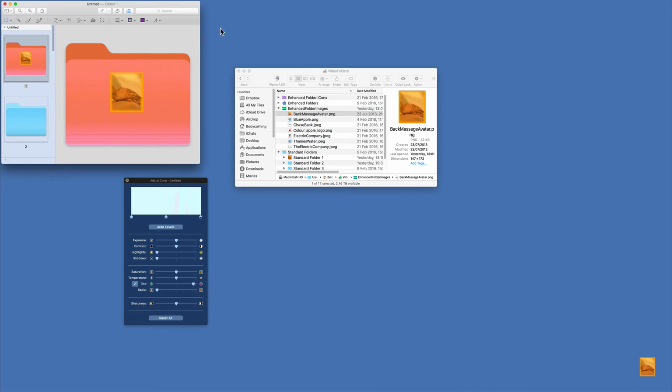Now we're going to add the text. We now have an enhanced folder with an image, color on the folder and some text.